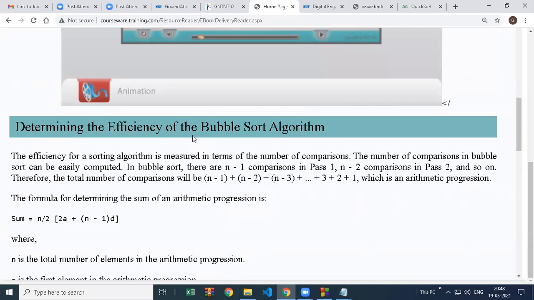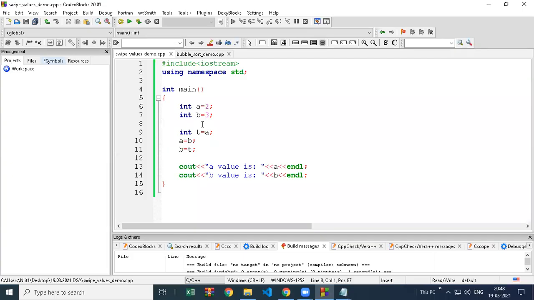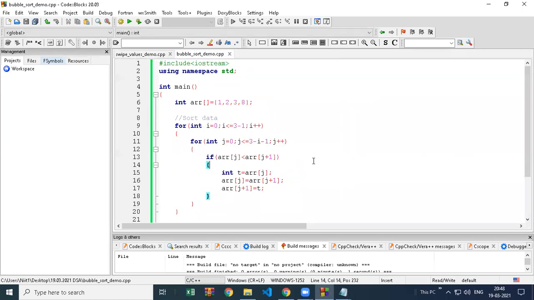We discussed some big O notation in the first and second sessions: constant, linear, quadratic, cubic. So what do you think from this code? Is it linear, constant, quadratic, cubic? Which type of logic is this? If you have one loop, then it is called linear. If you have a nested loop, then it is called quadratic. If you have two loops, one inside another, one loop is repeating 3 times and the inner loop is repeating 3 times.